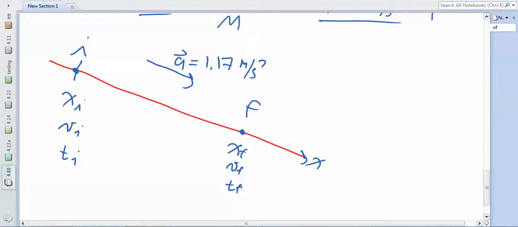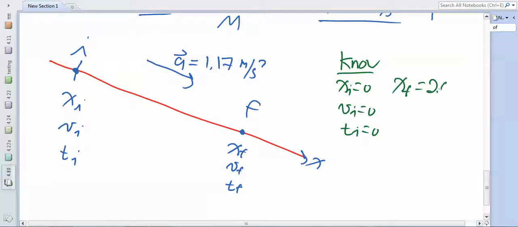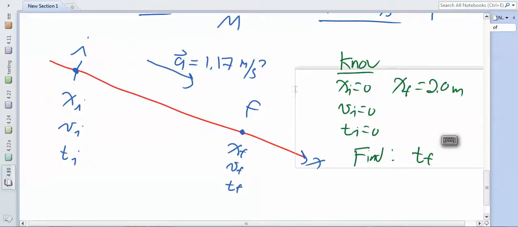This actually looks very familiar. It's the same geometry that we had in problem 4.24 that we just did. So my table of knowns for the sliding mass would be xi equals 0, vi equals 0, ti equals 0, xf equals 2.0 meters. We're told that's how far the object moves, and we want to find the value of tf. So we have to figure out which of the kinematic equations to use. We want to find